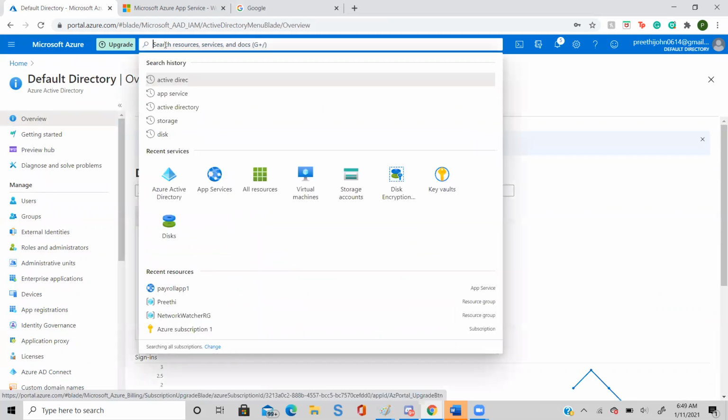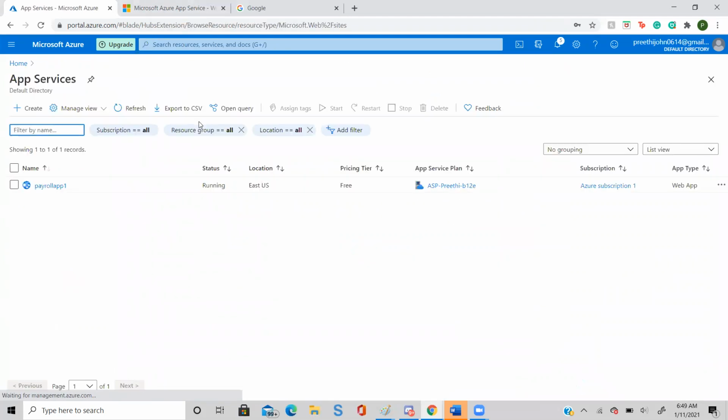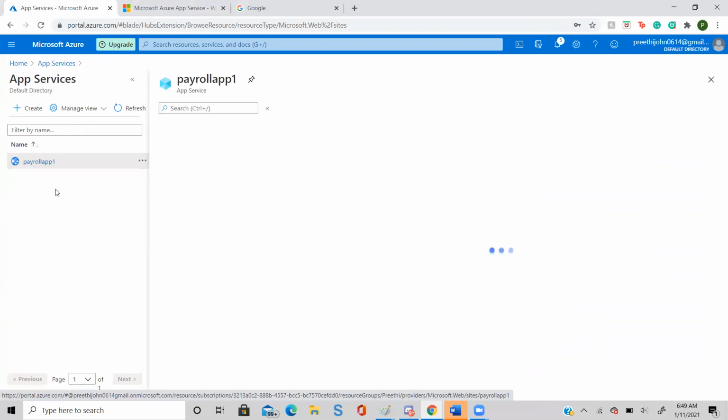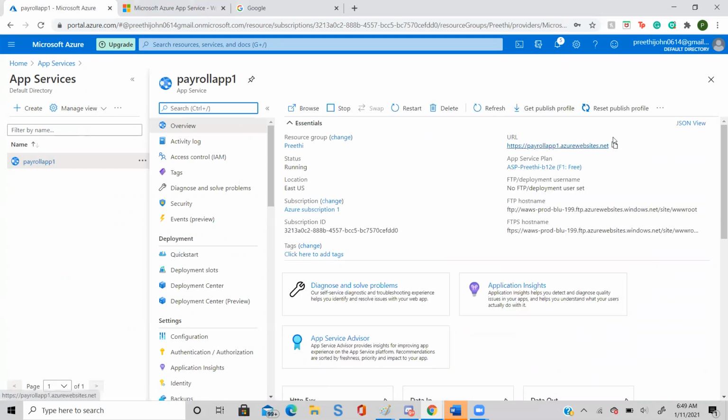Click that one. Copy that URL. Go and paste it in the browser which you opened for user John.